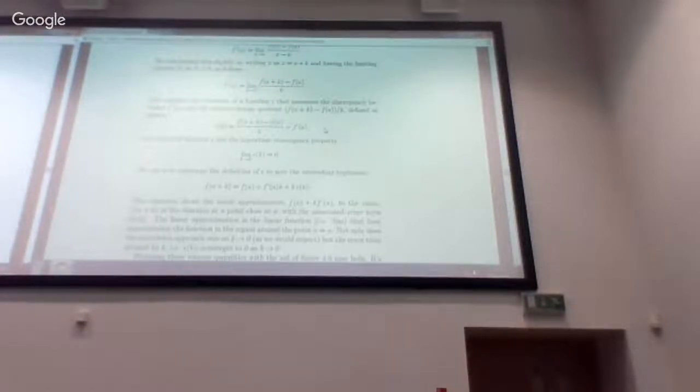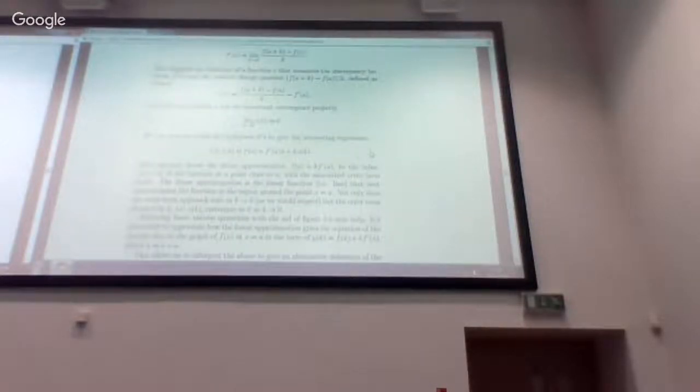So remember, f prime of a is the limit as k goes to 0 of this fraction here. But if we change our view of it, what we're doing now is viewing the existence of this error function, epsilon k, which measures the difference between these two. And that error epsilon is going to converge to 0 as k converges to 0, because the definition says that the derivative f prime of a is defined as the limit of that relative change quotient as k goes to 0. Epsilon is the difference between the two, the derivative and the relative change quotient. As k goes to 0, epsilon k is going to be